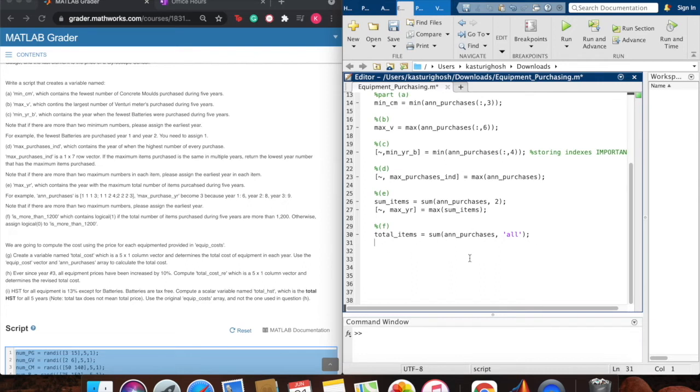So this basically gives me the sum of every single value within that purchases matrix. And then I need to check if that is greater than 1200. So I'm going to say is more than 1200 is equal to total items greater than 1200, because that's the condition I'm looking for, and that's it. Okay,